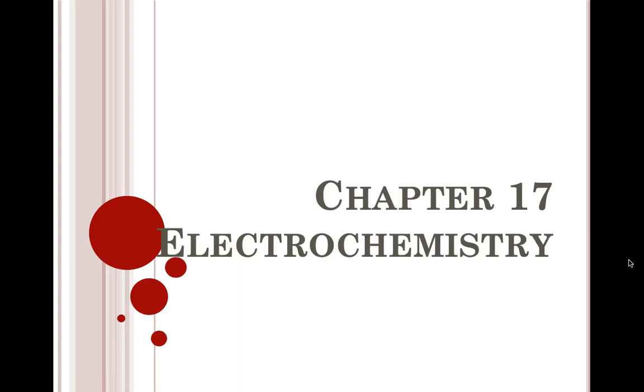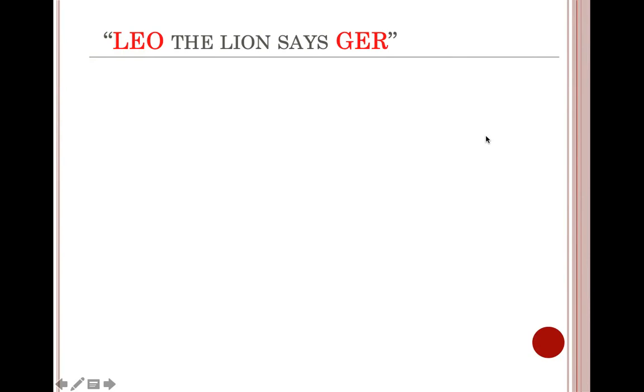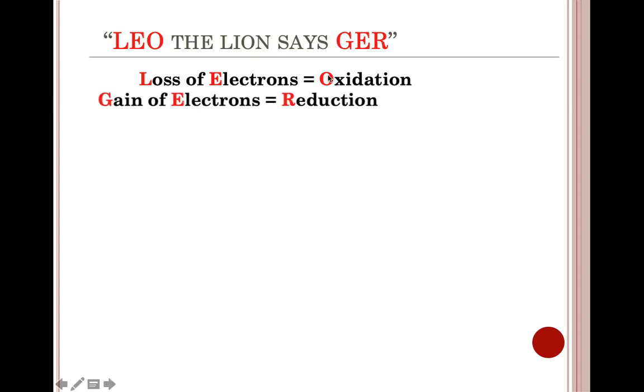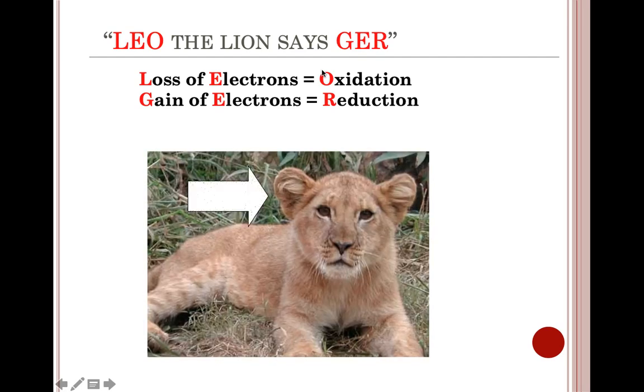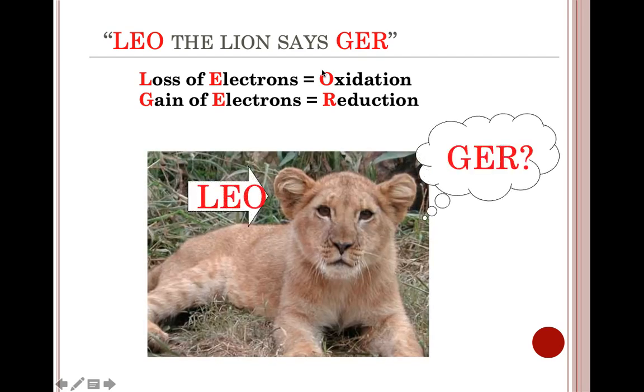Today we're going to take a look at Chapter 17, Electrochemistry. A couple of things about oxidation and reduction are how you transfer electrons. The loss of electrons is oxidation, and then those electrons that are lost are gained via reduction. Oxidation and reduction are called half reactions, and they make up half of what's going on. When you lose electrons in oxidation, those electrons are transferred via the other half reaction, and you have a